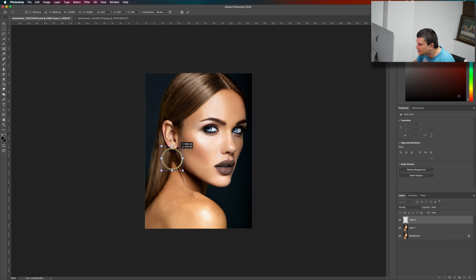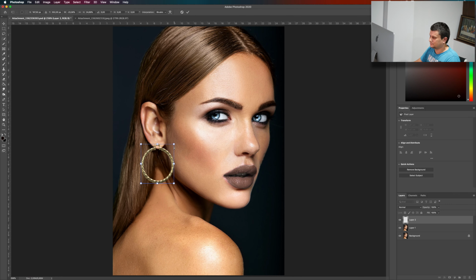Now it's flipped, and because we want to add some angle, we'll just transform it a little bit here. Now make sure you get it in the right position. Here is good. Now press OK.